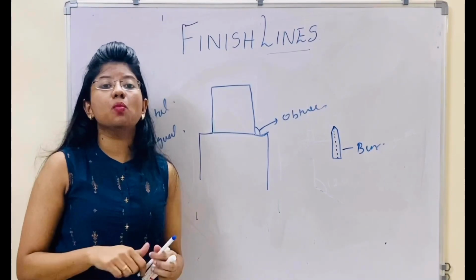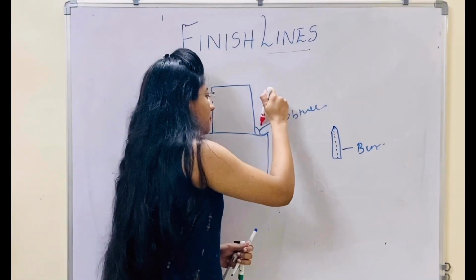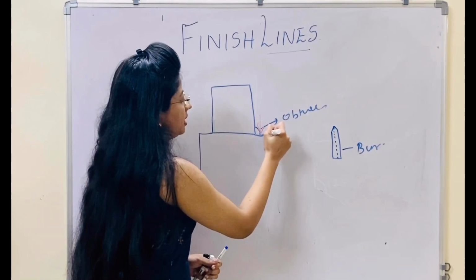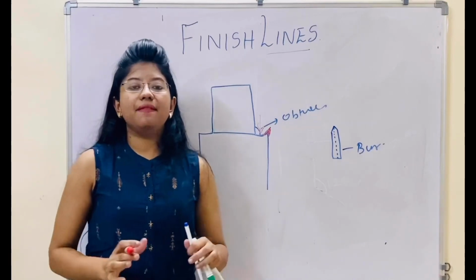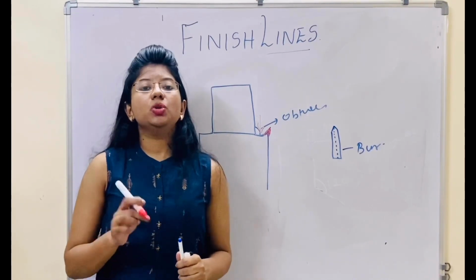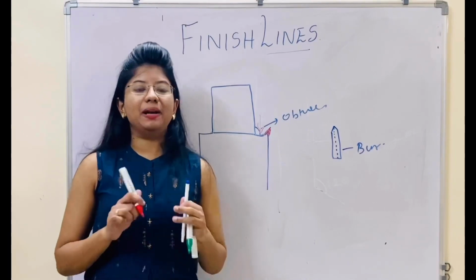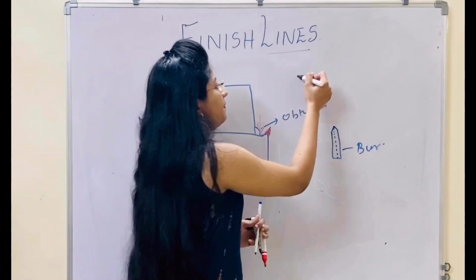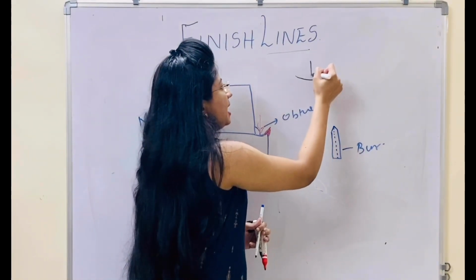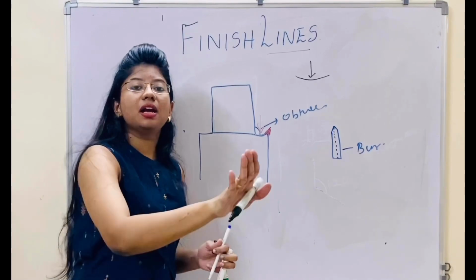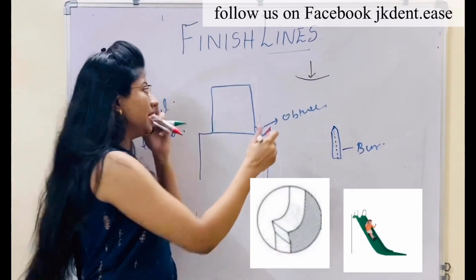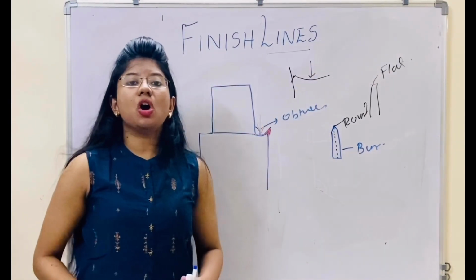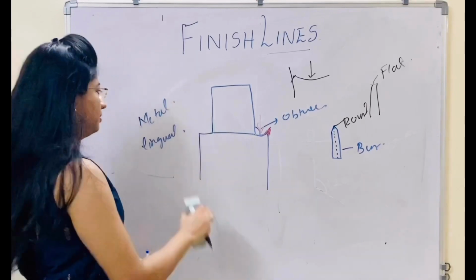If you will reduce more than half, that is when you are using burr in this area and more than half is being reduced, there is a creation of a lip. That is again unsupported enamel and we don't want that. That's why you should always maintain this point while preparation. Then one more is there, that is heavy chamfer, but it has a large radius, means it is covering a large or wide area, then it is called as heavy chamfer. Then comes the feather edge, or you can say the knife edge margin.